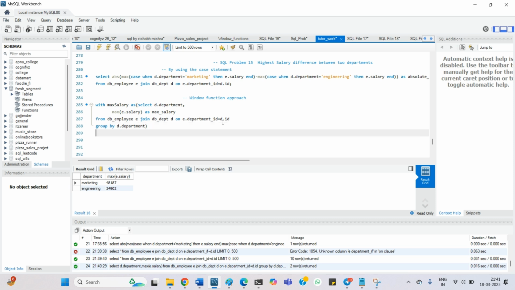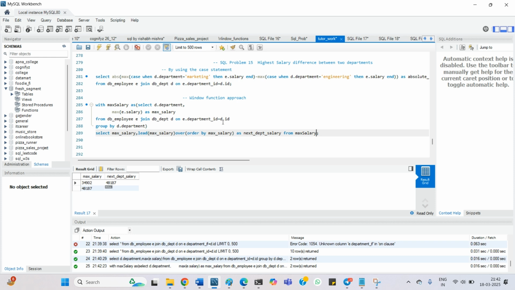Our next query is for the window function. For the window function, we just need the max salary. So I'll write select max salary, comma LEAD of max salary over order by max salary, because in order by we'll take the max salary in highest order first. We can alias the lead function as next department salary. If I hit enter now, from max salary,